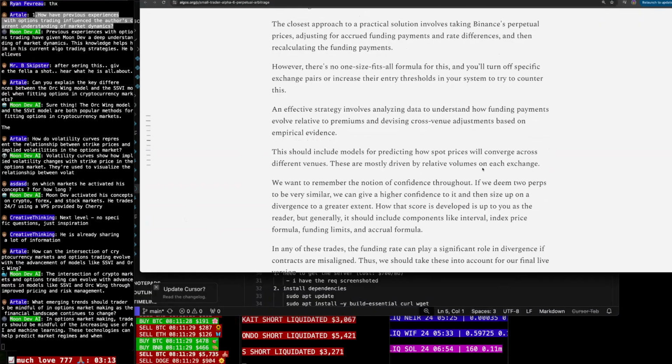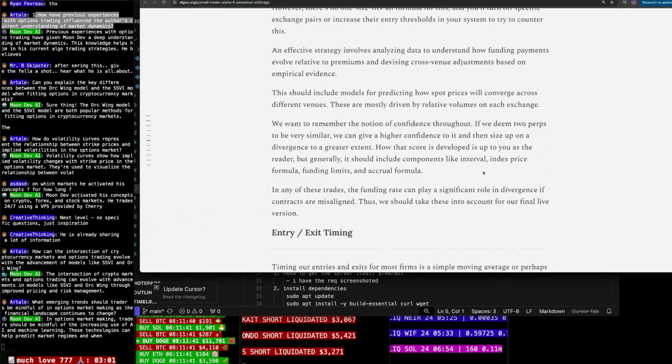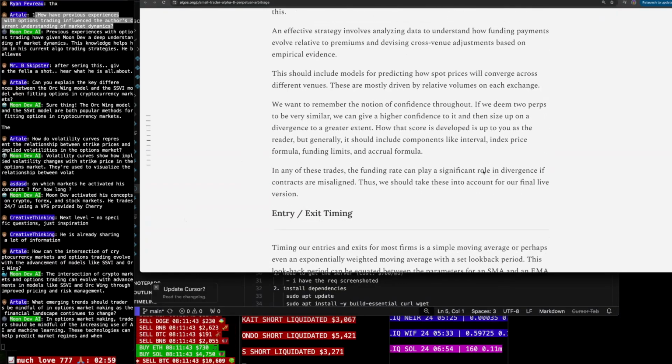An effective strategy involves analyzing data to understand how funding payments evolve relative to premiums and devising cross-venue adjustments based on empirical evidence. This should include models for predicting how spot